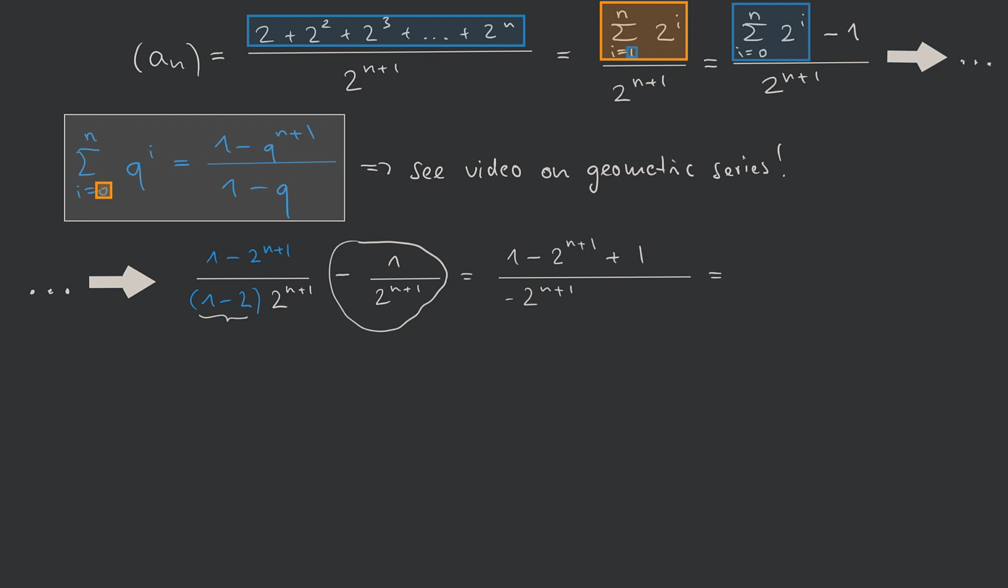1 plus 1 is 2, minus 2 to the power of n plus 1, over minus 2 to the power of n plus 1. So now we reduce by, let's say, minus 2. We reduce the fraction by minus 2. So we have minus 1, now plus, and now 1 power less than n plus 1, which is n. So only to the power of n, because we have divided 2 to the power of n by 2. It remains 2 to the power of n. And the same in the denominator, we reduce by minus 2, so we have plus 2 to the power of